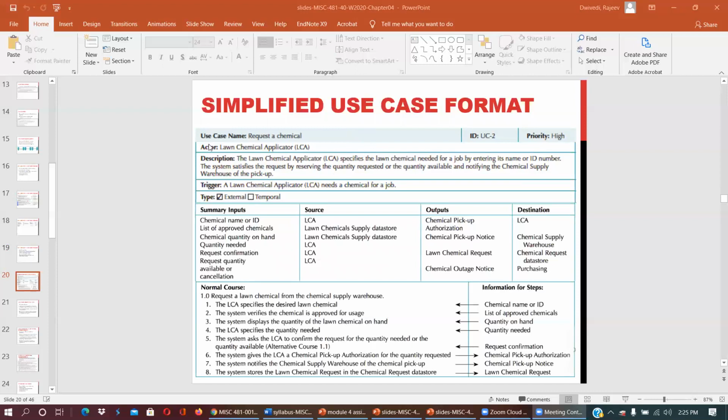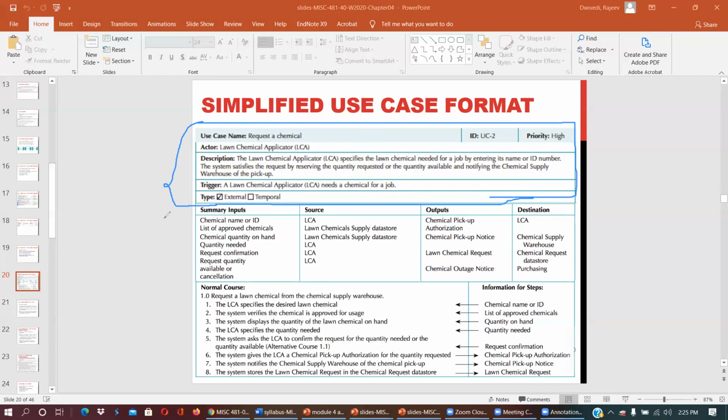So look into the basic information. This is the basic information up to here that we already covered. Then this is a summary of inputs, this is the source part, this is the output, this is the LCA.